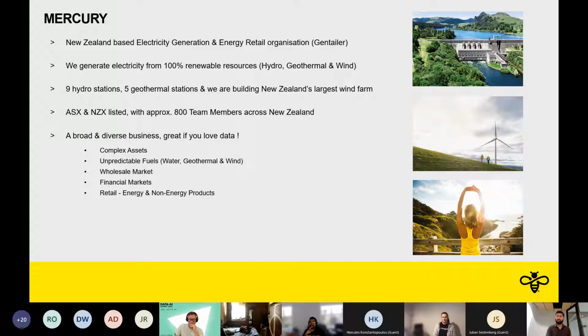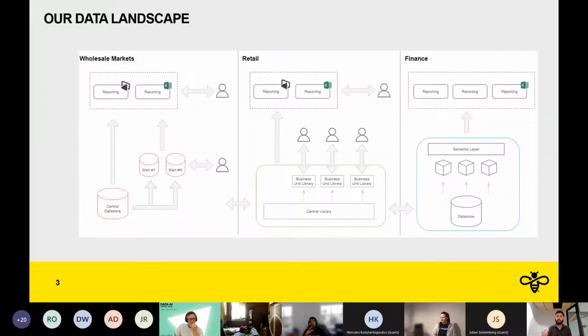With that diverse landscape, the way we are set up today is diverse as well. In this image, you can see 3 business units. Wholesale markets is tied to the generation business unit where we produce electricity. Retail is tied to customers, where we retail electricity and manage customer interactions.